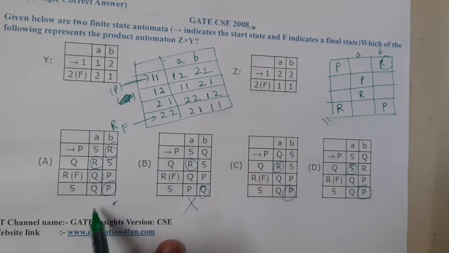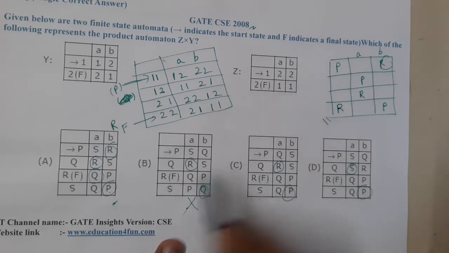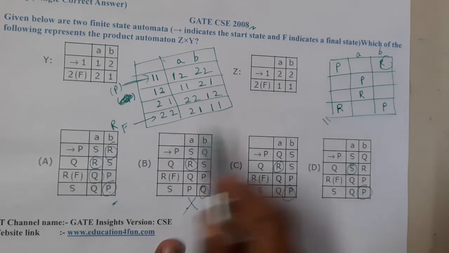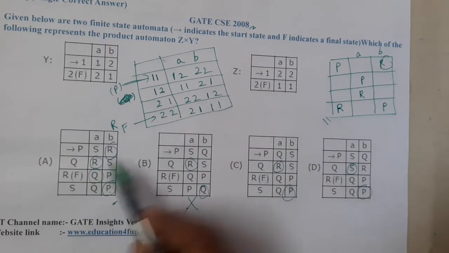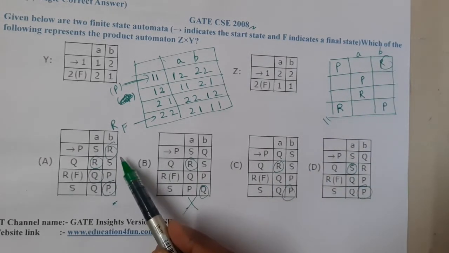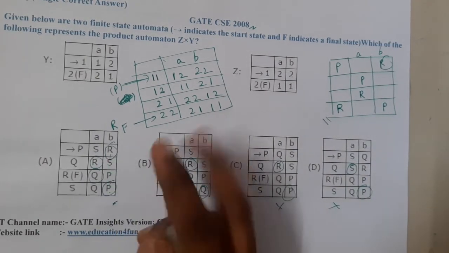Here, if you observe at the end, we should have P, that's for sure. So this option is gone. Similarly here I should have R, but every one of them is having Q. And here I should have P, but here we are having R, S. And here I should have R. So this is matching. Indirectly all the options other than that are matching. Here we are having two matches, right?